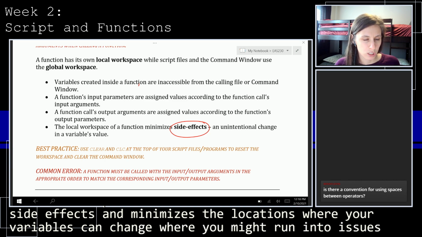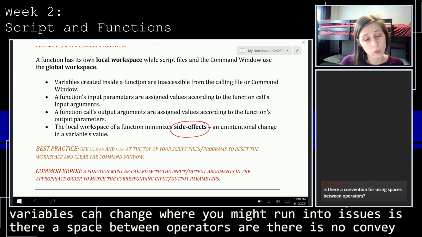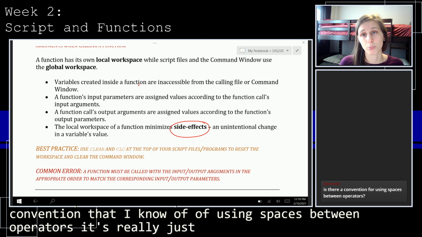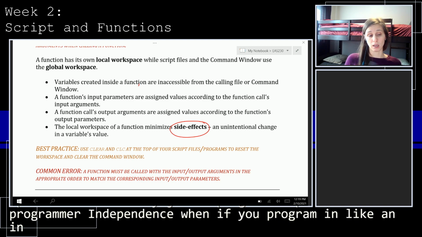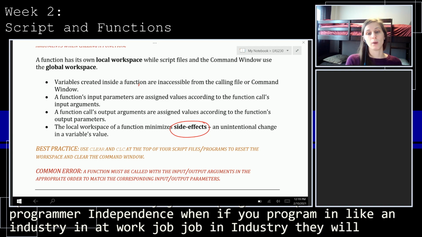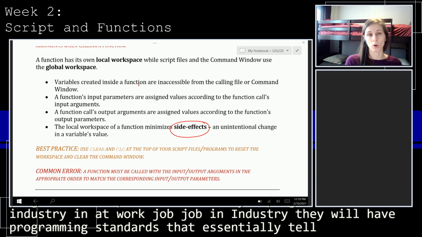Is there a convention for using spaces between operators? There is no convention that I know of using spaces between operators. It's really just programmer preference. If you program in industry at a job, they will have programming standards that essentially tell you what your code should more or less look like.